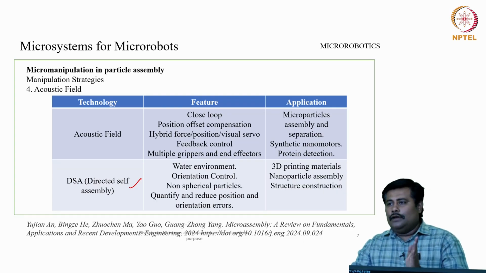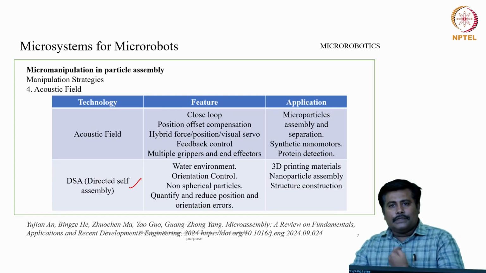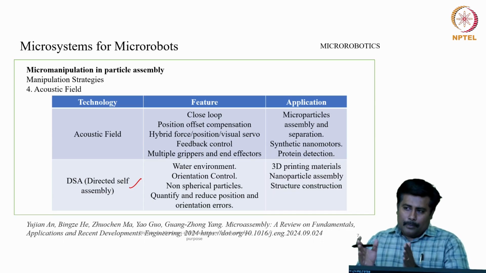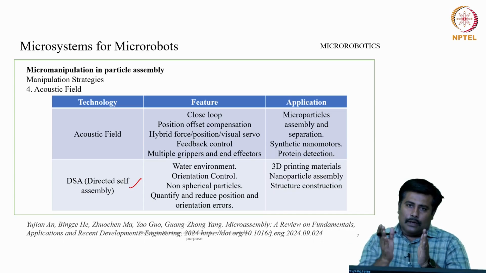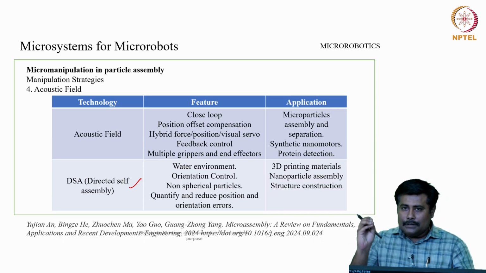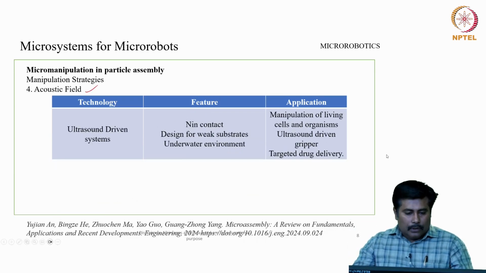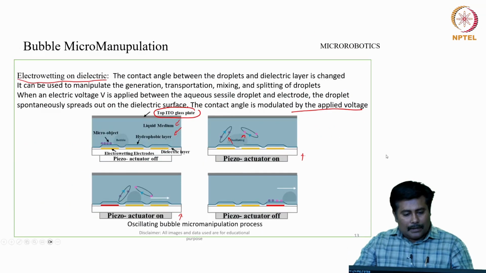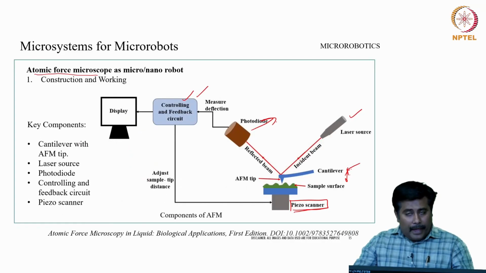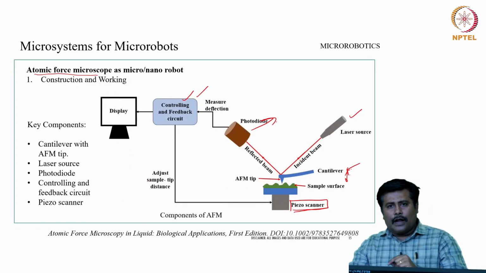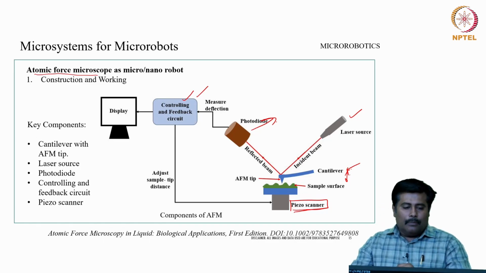So, based on the field, appropriately the manipulation is exerted. Either your manipulation is on a micro scale or a nano scale, appropriately your exertions are being controlled. So, in fact, that is the reason we had some discussion about the AFM. AFM is a characterization tool which is effectively used for micro manipulation